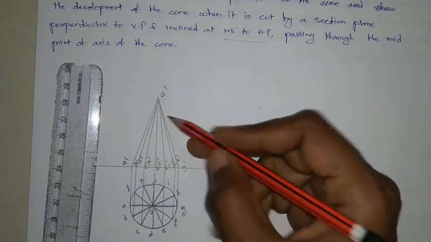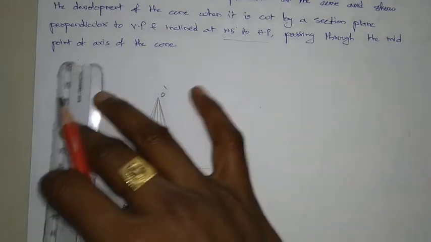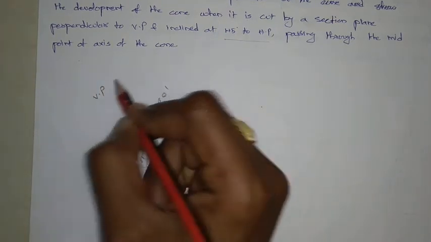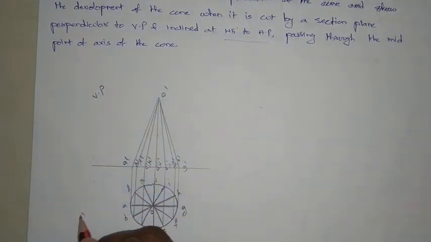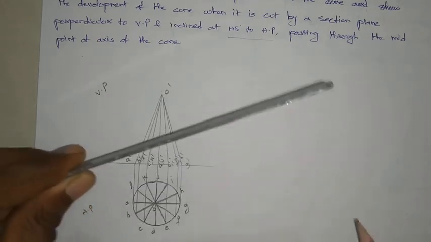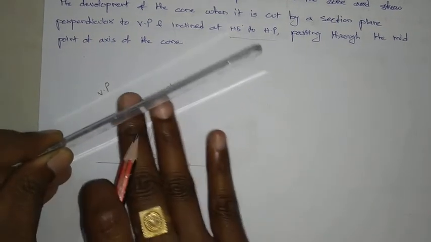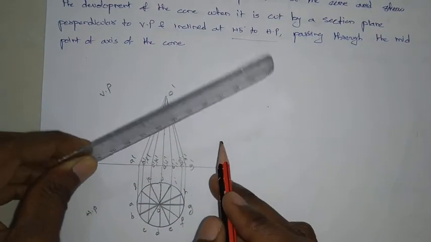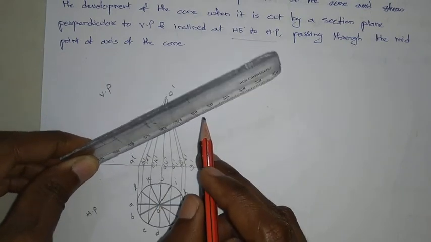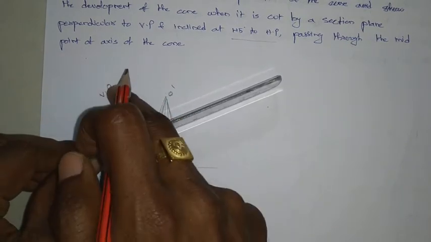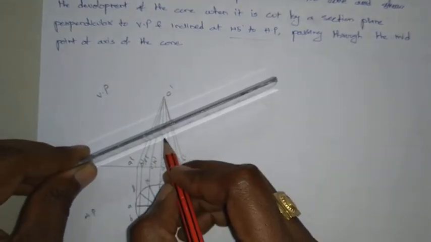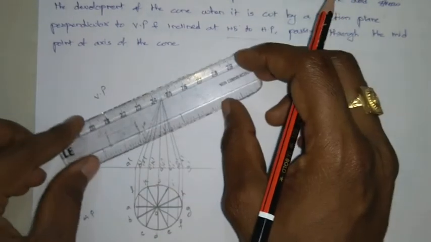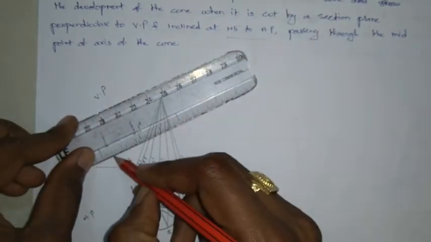Now this height is 60. Let us assume this is the midpoint, and here also you know that above xy this is vertical plane and below xy this is horizontal plane. The section plane is perpendicular, so if this is the vertical plane, this is making 90 degrees here. Okay, if you assume the scale is the section plane, this is making 90 degrees with the vertical plane, that's perpendicular to VP, and it is passing through the midpoint and making an angle of 45 degrees with the HP. So like this it is cutting.